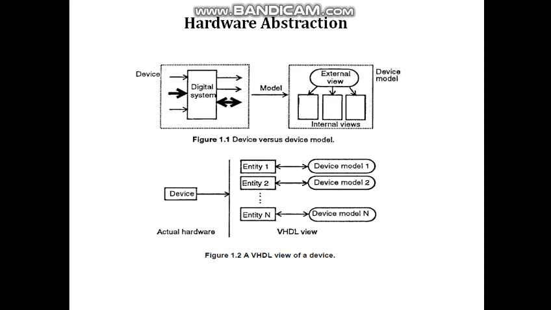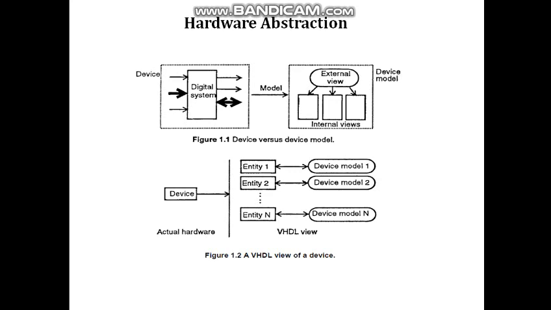Okay. And in the device model, suppose for example we have a certain flip-flop. If your flip-flop requires certain external devices and some internal devices, those internal and external devices will come along with, or will be built into, the device model. So that is the basic difference between a device and a device model. The device actually contains the hardware, whereas the device model contains a different entity along with it.